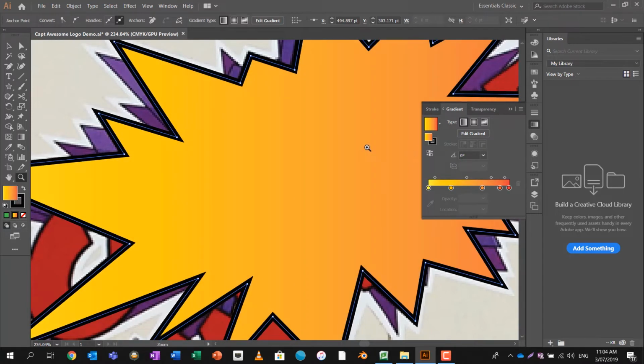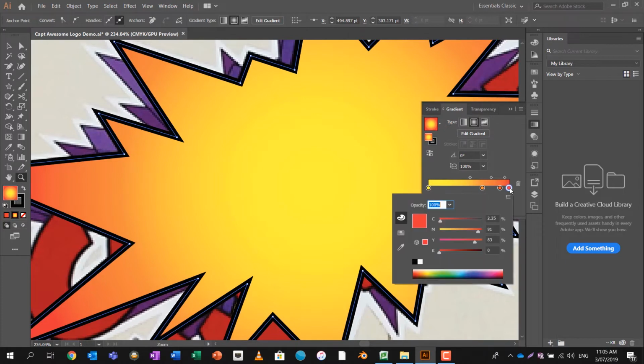That's the first point. But this type of gradient is still linear. I'm going to hover over the middle, and it says radial gradient, so I'm going to click that. So I've now got yellow in the middle, red around the outside. These handles, these sliders, can be moved around. I can also pull them off if I don't want them. So I'm going to move that median slider. This one I think I want to make a little bit more red. So perhaps I can move that around, make it a